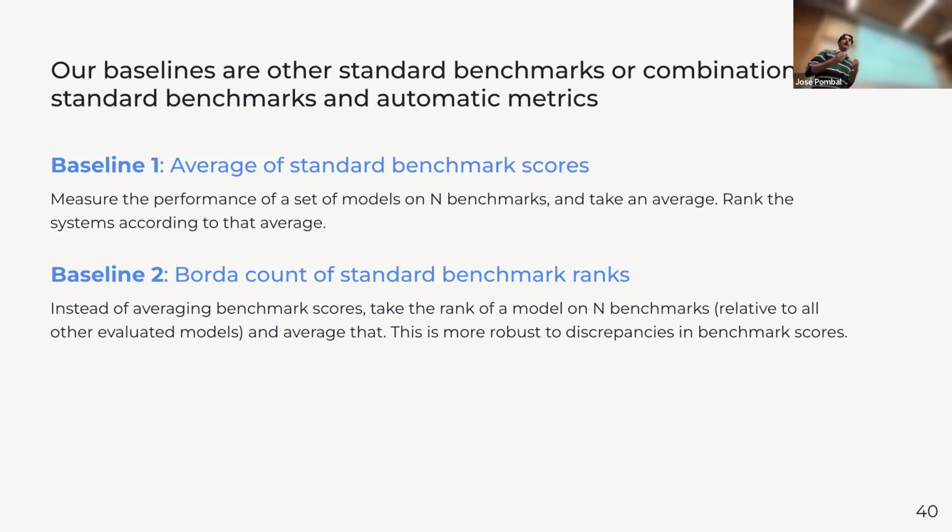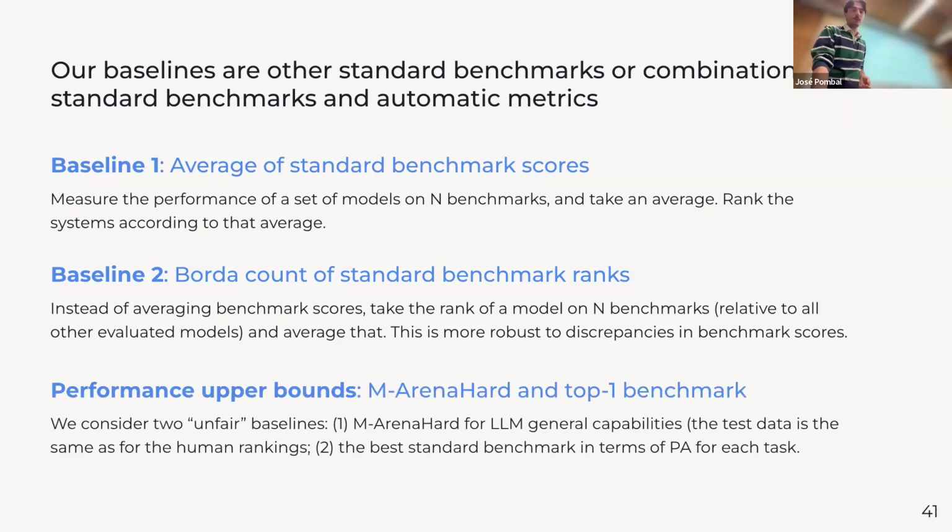So this sort of averaging is more robust to outliers and more robust to changes in scales of scores in benchmarks. Because if you just do averaging of scores, your final ranking might be dominated by a couple of benchmarks where some model has a disproportionately high score. That won't happen with Borda count. So it's a smarter baseline. But in conjunction, these two methods essentially summarize how people use standard benchmarks in the wild.